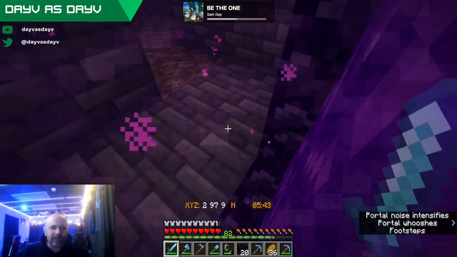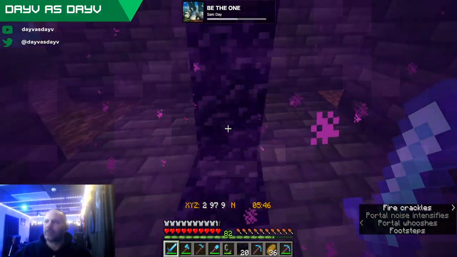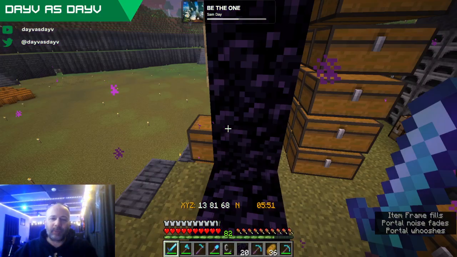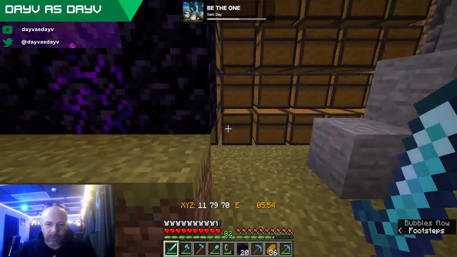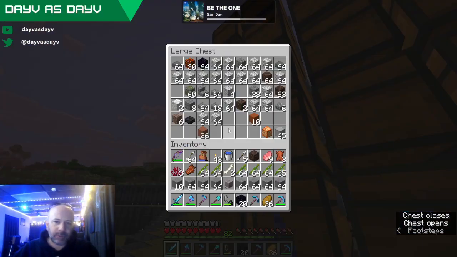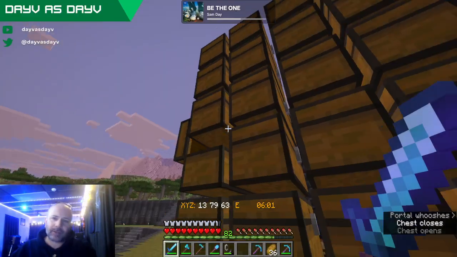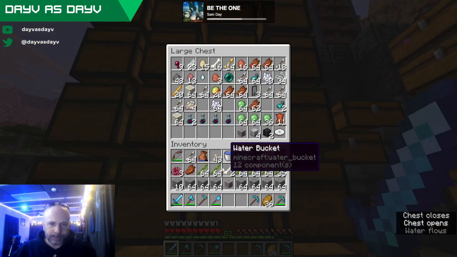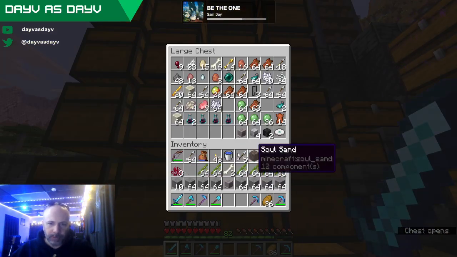This place, I have not given this place any attention. This nether needs to be... What other mob drops do we have here?